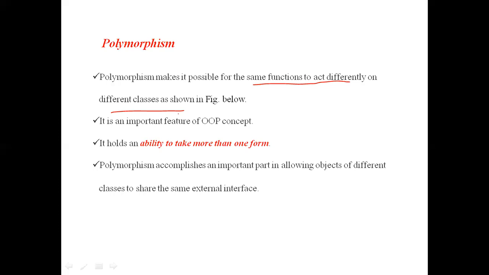In object-oriented programming, polymorphism is of two types: compile-time polymorphism and runtime polymorphism. Compile-time polymorphism is also known as static binding or early binding.